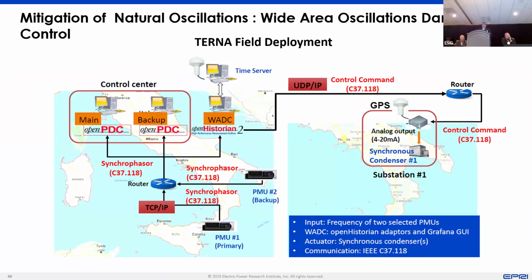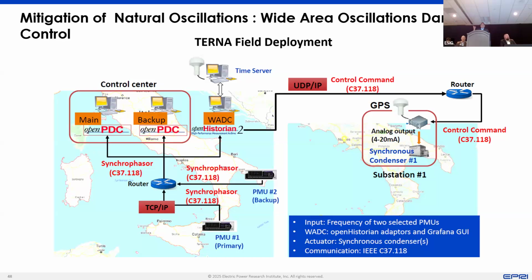Another thing I want to highlight from a natural oscillation perspective is that it's an inherent characteristic of the system when you have different groups of machines bouncing energy against each other and you start seeing these inter-area modes and oscillations. The very traditional way to damp those oscillations is your power system stabilizer. But now since your generation mix is changing and you're retiring a lot of synchronous machines, those stabilizers may or may not be online at that time. So how can you use other means to damp those kinds of oscillations?